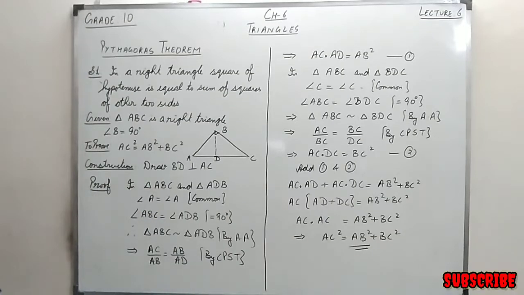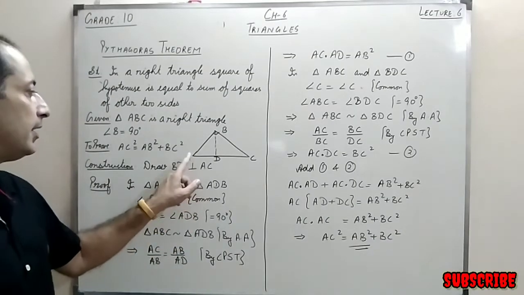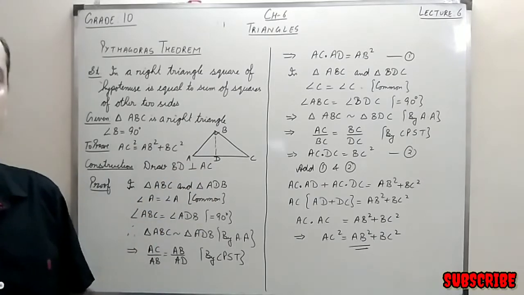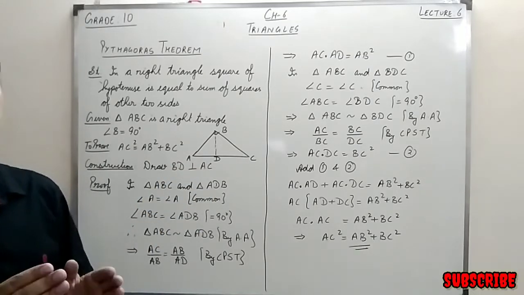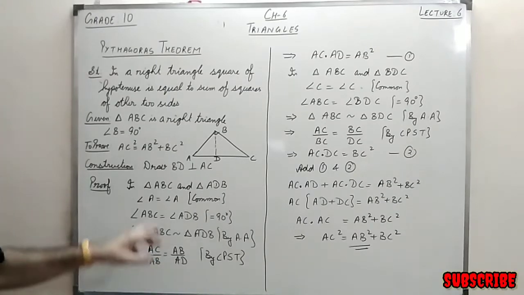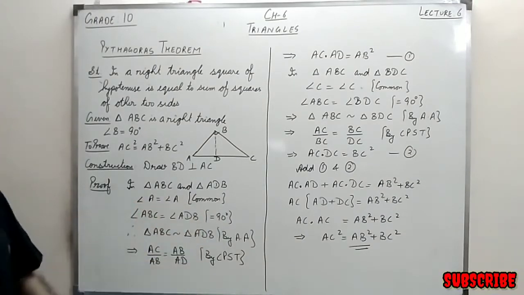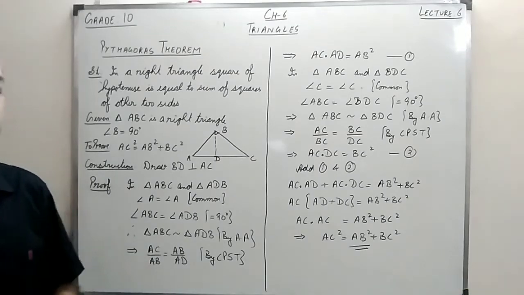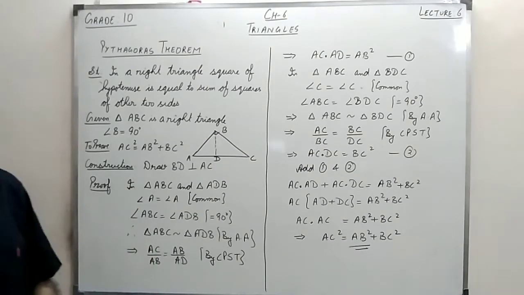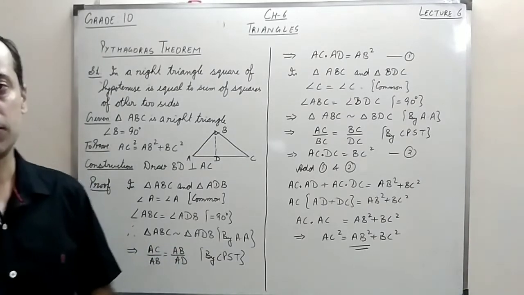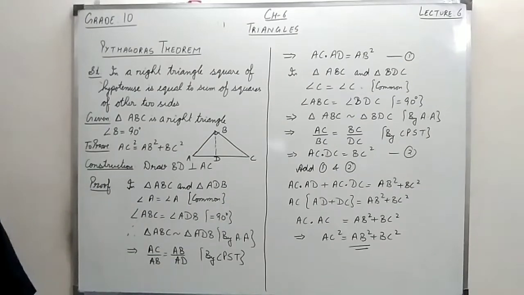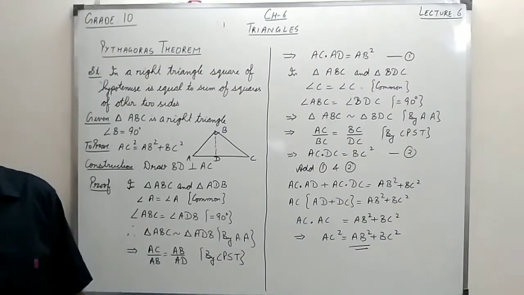So we talk about triangle ABC and triangle ADB. Whenever you are proving the similarity of triangles, make sure the order of the names of the triangles is correct. So I have taken ABC and ADB. You see, angle A is equal to angle A because it is common. Then angle ABC is equal to angle ADB, both are 90 degrees. And if two angles of two triangles are equal, then we say the triangles are similar. Now, when the triangles are similar, obviously the ratios of the sides are in proportion, or we can say they are equal.